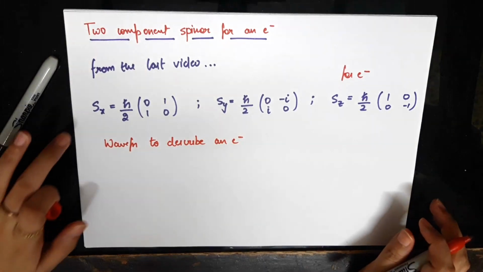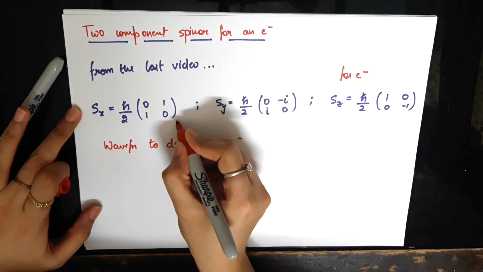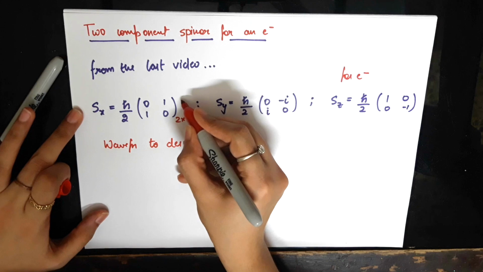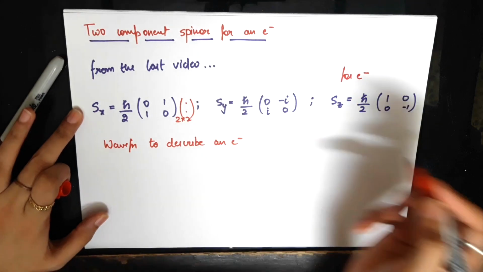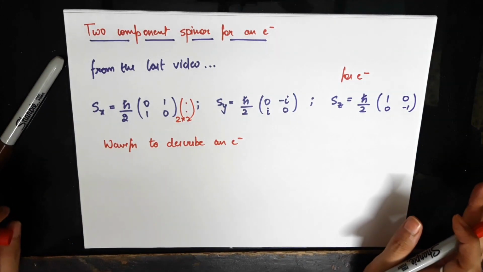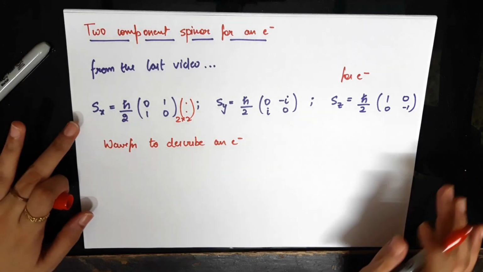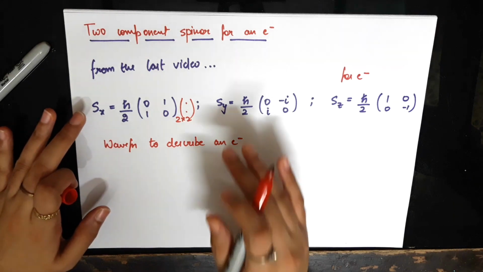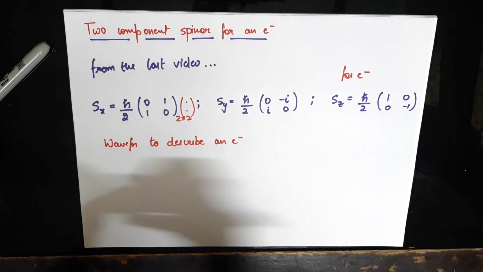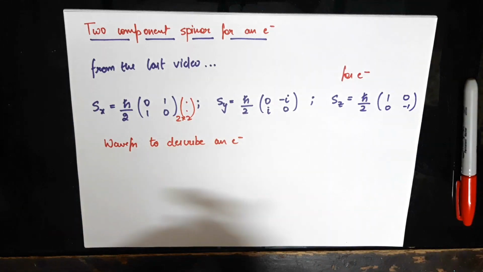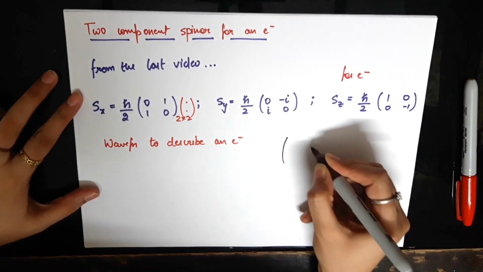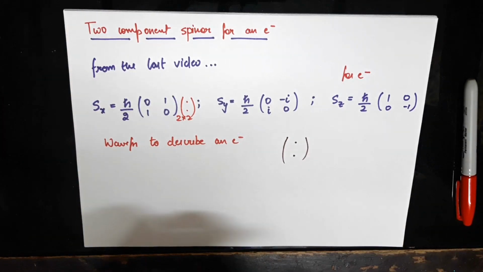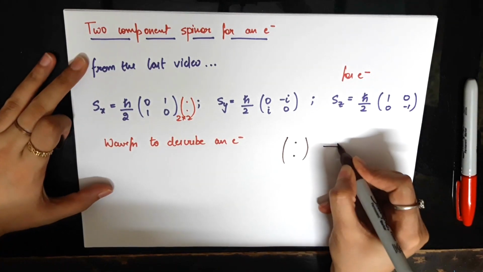So immediately you can see that because these matrices Sx, Sy and Sz are 2 by 2 matrices, they are going to act on column vectors with two entries, that is, a two-dimensional column vector. So we can immediately conclude that the wave function that would describe an electron completely would be a two-dimensional column vector, where there could be two entries. And this is what we call a spinor representation for an electron.